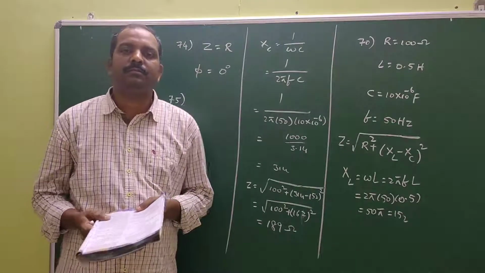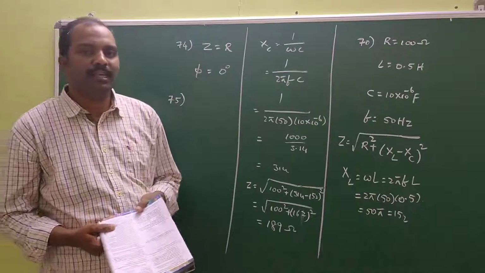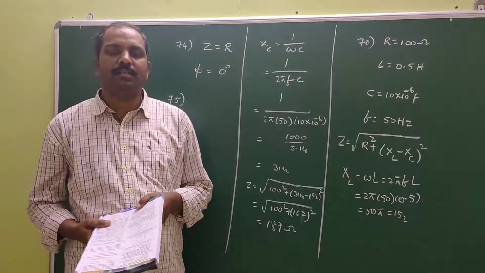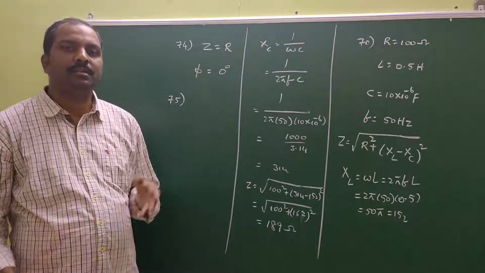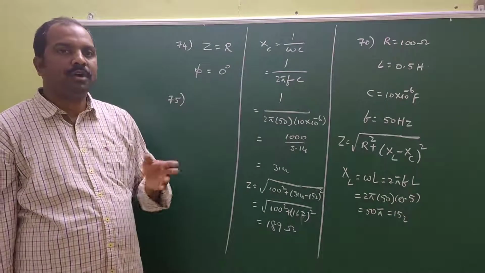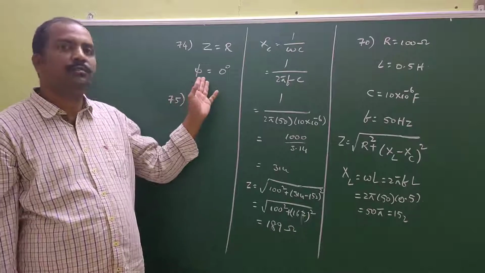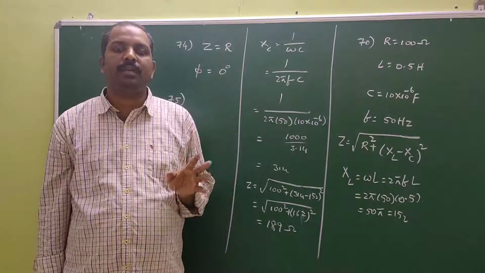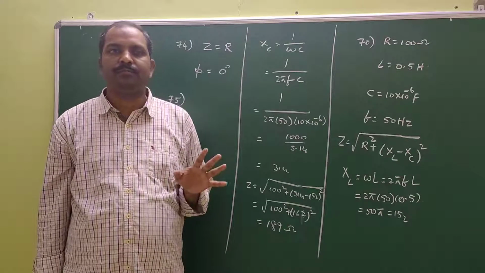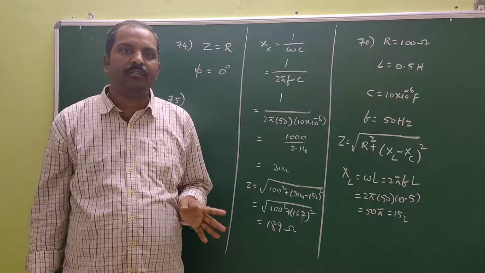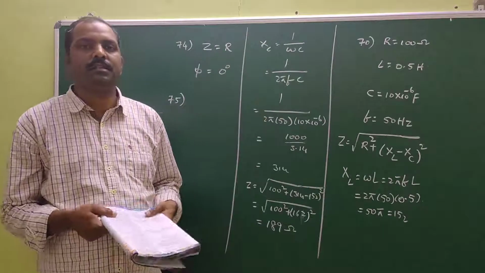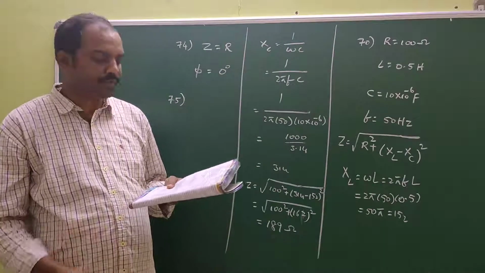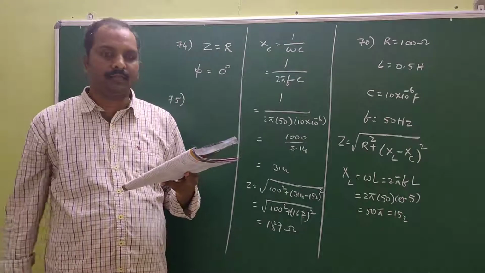Resonance condition means inductive reactance is equal to capacitive reactance. So at resonance condition, that circuit acts as a resistor circuit. Already in the last problem we told that the phase difference is 0. So that means the phase difference between current and applied potential is 0. Therefore, the potential difference across the resistor is in the same phase with the applied potential. So that first statement is correct.